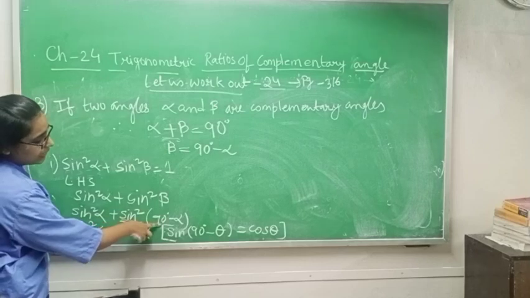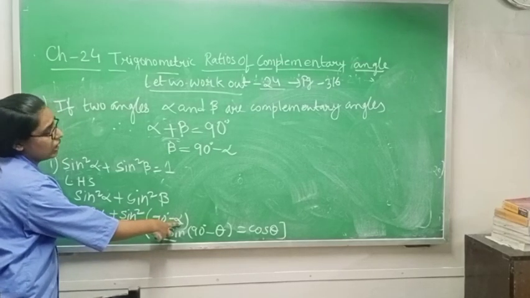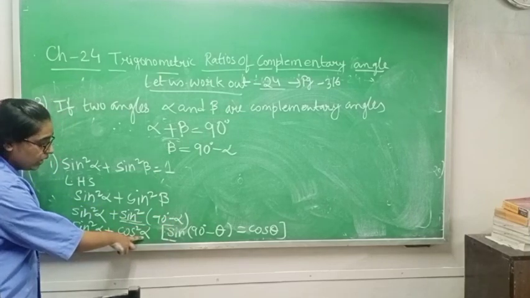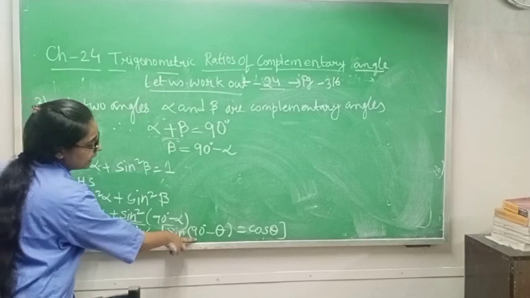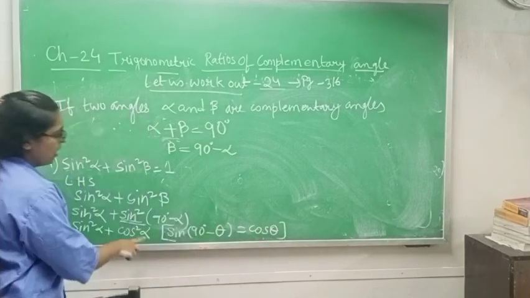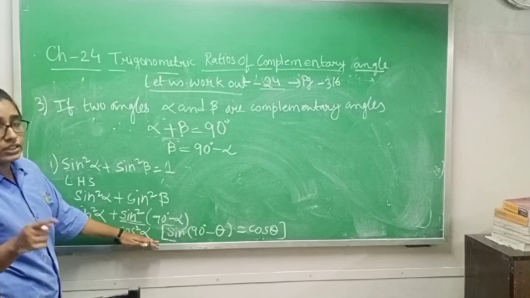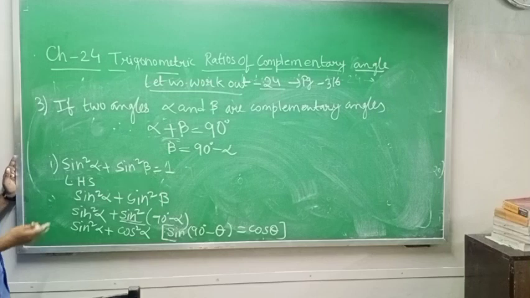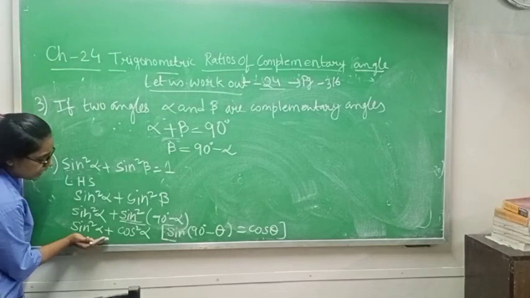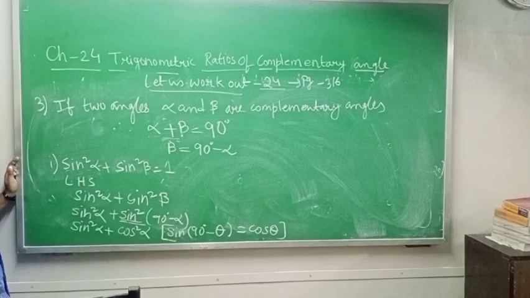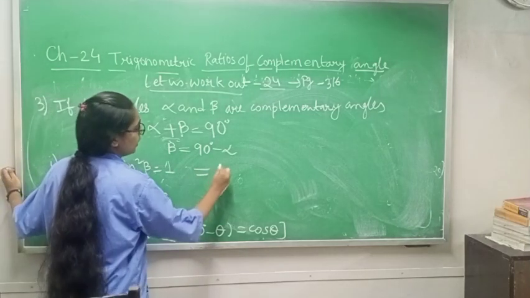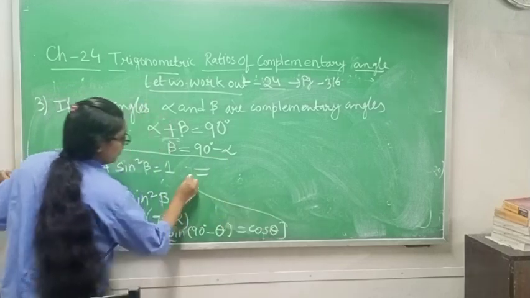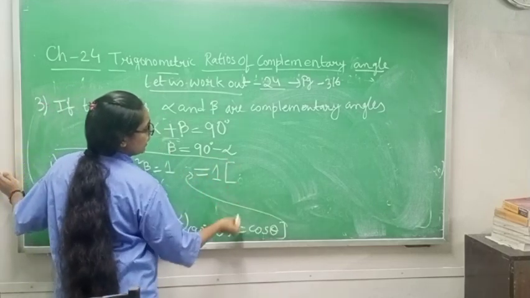Okay. Sin 90 degree minus theta. In this question we have alpha in case of theta, so that is why I am writing alpha here. Sin 90 degree minus theta will convert into cos theta, and here theta is nothing but alpha. You know in the last question we have done that sin square theta plus cos square theta equals 1. I am not getting place, that is why I am doing it here. So what you will write from here, come to here, equals 1. And what reason will you give?